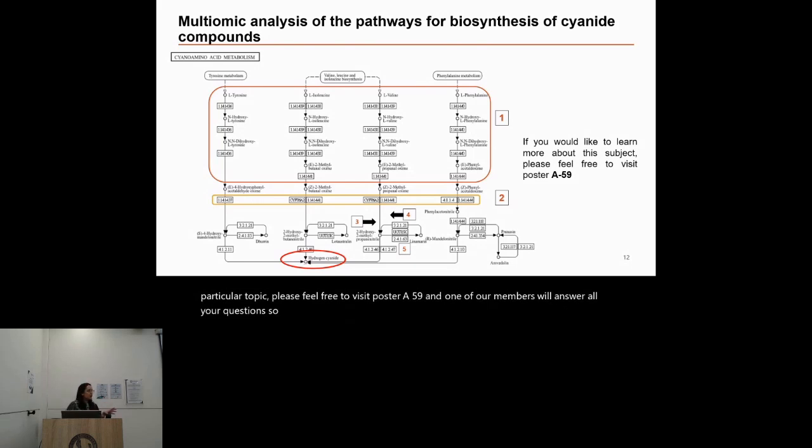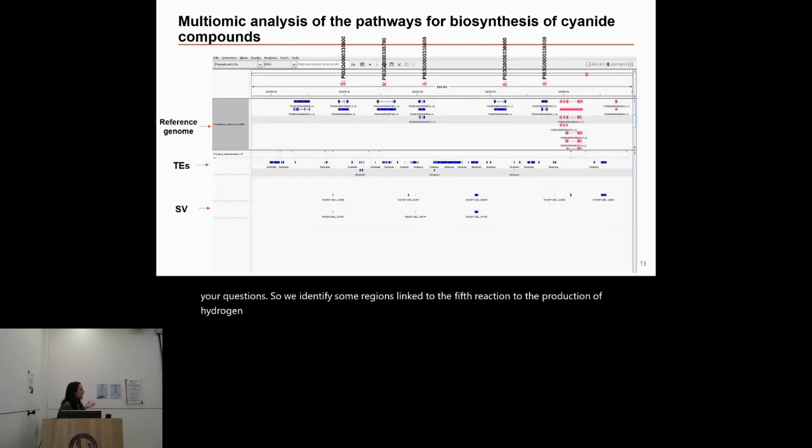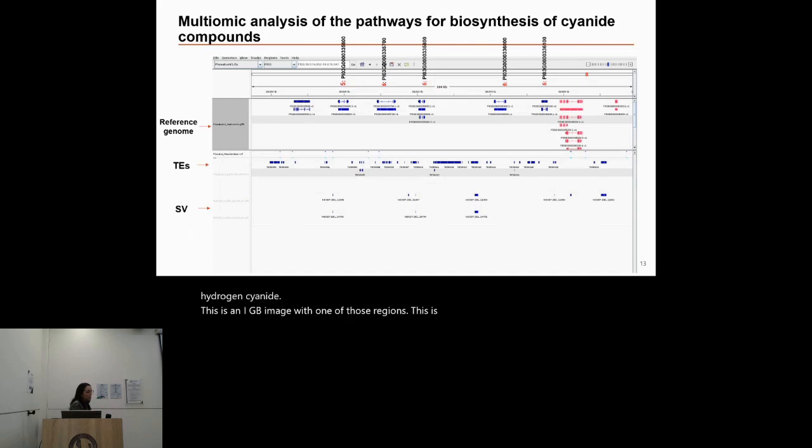So we identified some regions linked to the 5th reaction, to the production of hydrogen cyanide. This is an IGB image with one of those regions. This is the 3rd chromosome. We can see here in the first row the reference genome for the domesticated Mesoamerican variant. And we can see the genes. In blue, we can see the forward, and in red, reverse. These are parallel genes. And in the second row, we can see the transposable elements. And in the two rows after, the structural variants with the wild